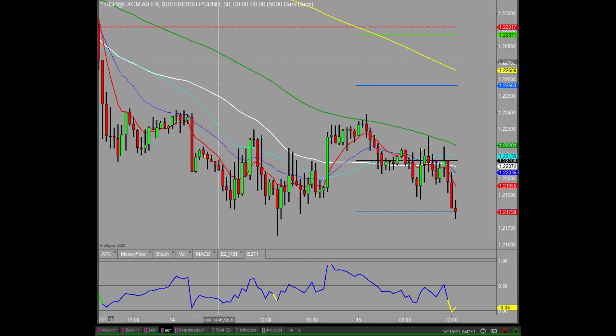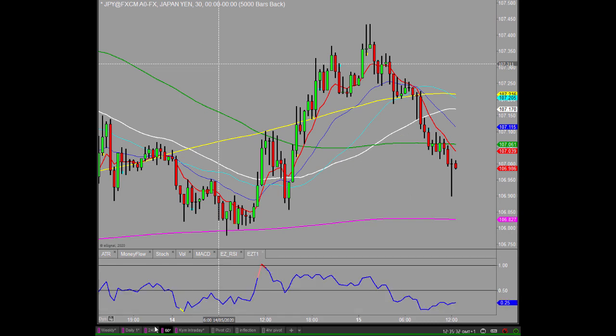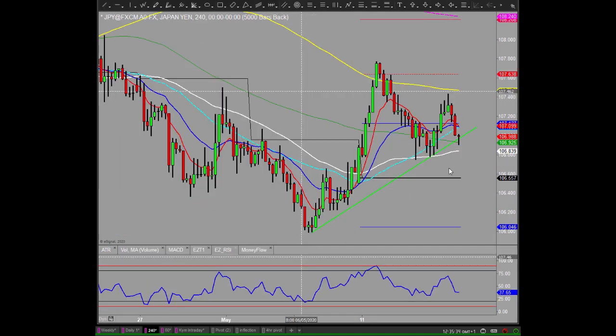Just looking at the dollar yen, it's the other part of my trade really effectively. Dollar yen's had a bit more of a mix all week. We were looking at this in terms of potential if it starts pushing south and maybe breaking this. Maybe we could see a break back down to that 106 area, which is a possibility. Looking at equal waves, it could come down towards that region, but probably leave that until next week as a bit of interest. But aside from that, looking back at the pound yen,